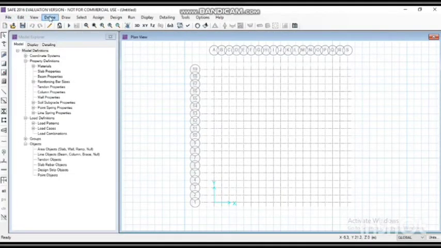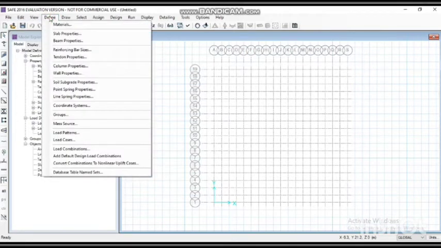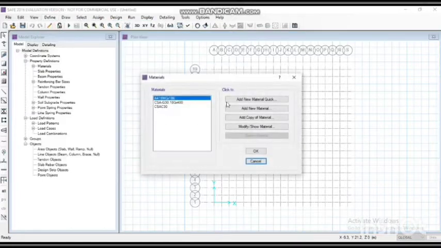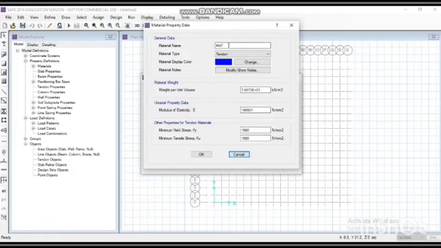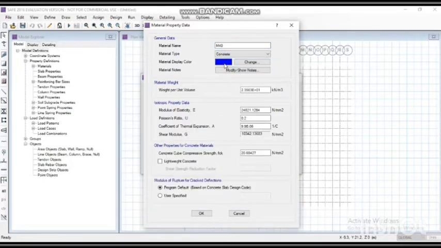Then go to the define menu, select materials, then click on add new material. Name it as M40 concrete. Select material type as concrete.